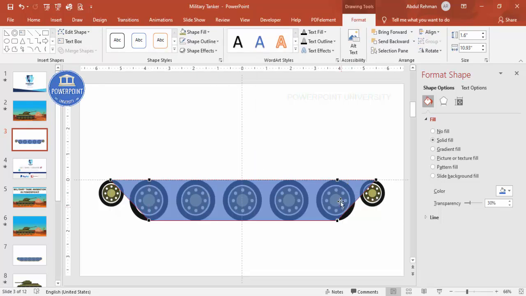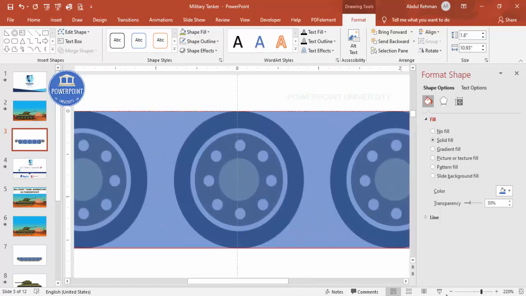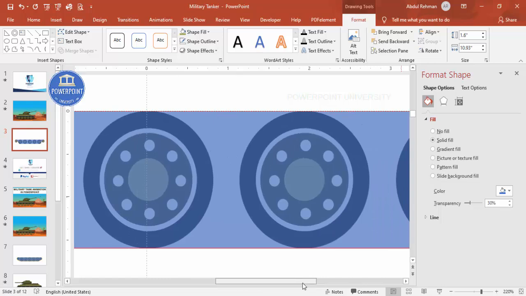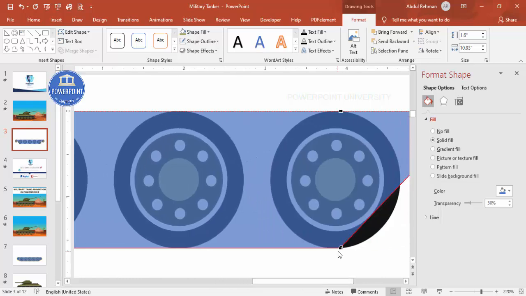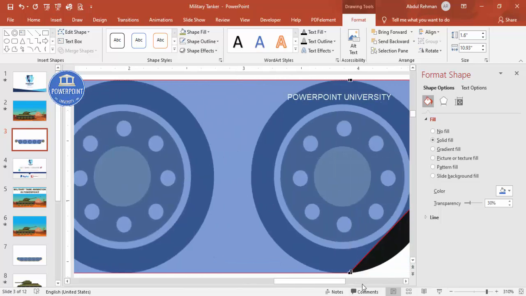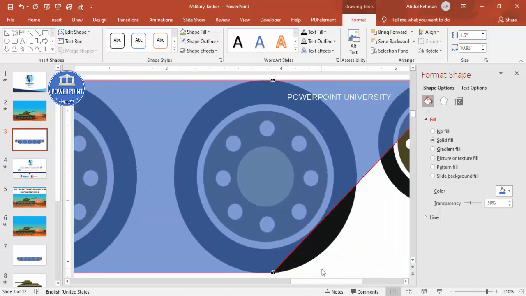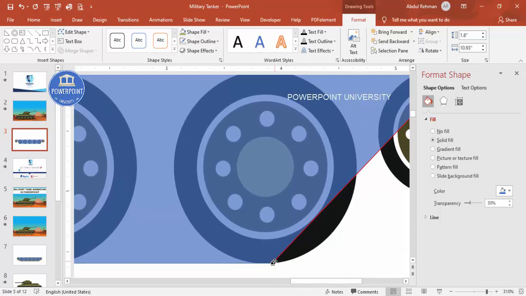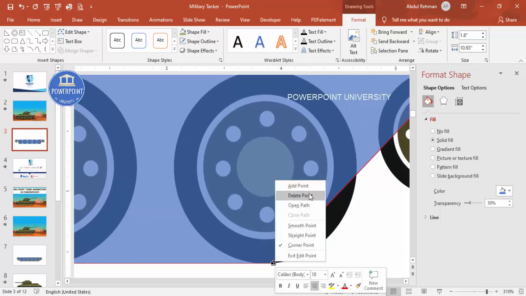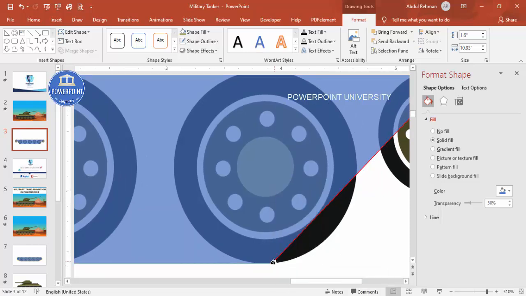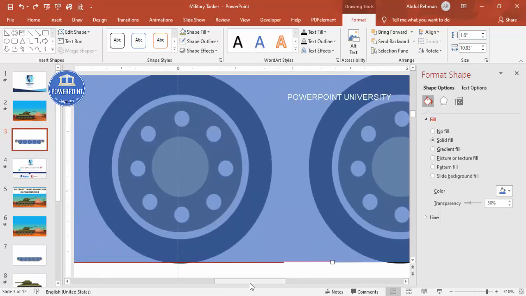So you can see here those lines are gone, and there are many other lines also here that we need to close check. You can see here there are so many things are there. I'm just going to zoom in, and then we need to delete all the unwanted here. You can see here so many points are there, so all the different points I'm selecting and delete the point. We can see here this one, delete the point, right? Only one point should remain. So you can see here only one point is there,